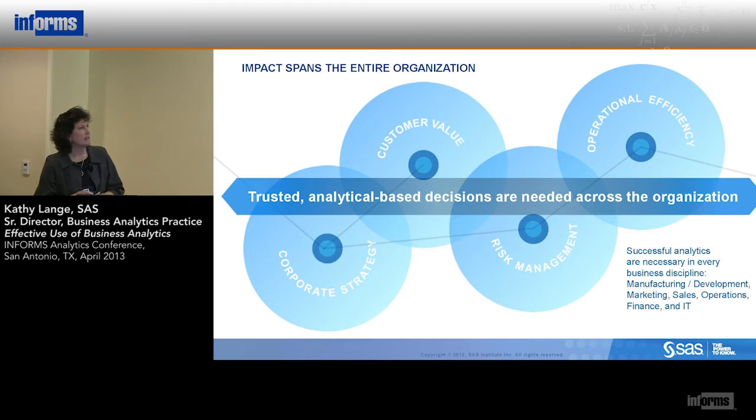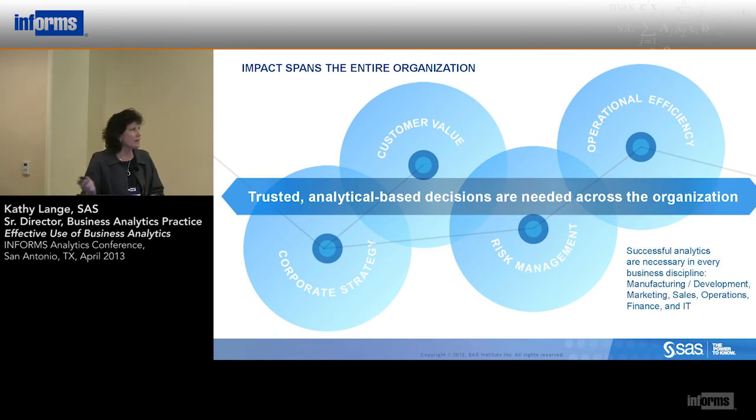Organizations that are really good at this use analytics across the entire organization, and they use the same techniques, data mining, forecasting, and optimization, across all of those areas. If you're looking at the marketing department, you're more likely to be using data mining. On the supply chain side of your business, you're more likely to be using forecasting and optimization. HR could be using both of those things, and finance could be using both of those things, but typically it's one or the other.